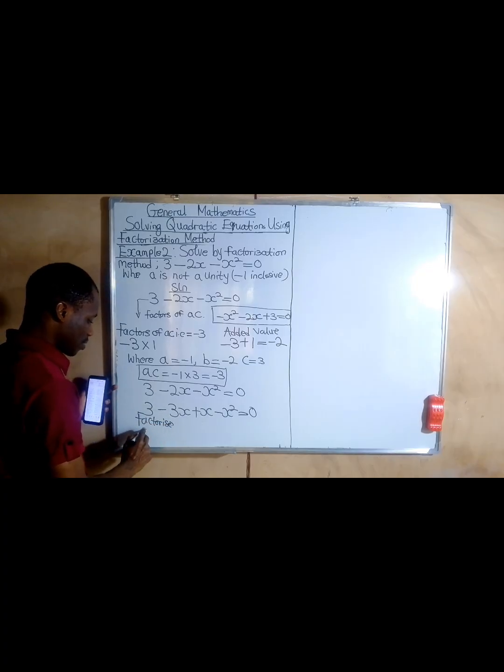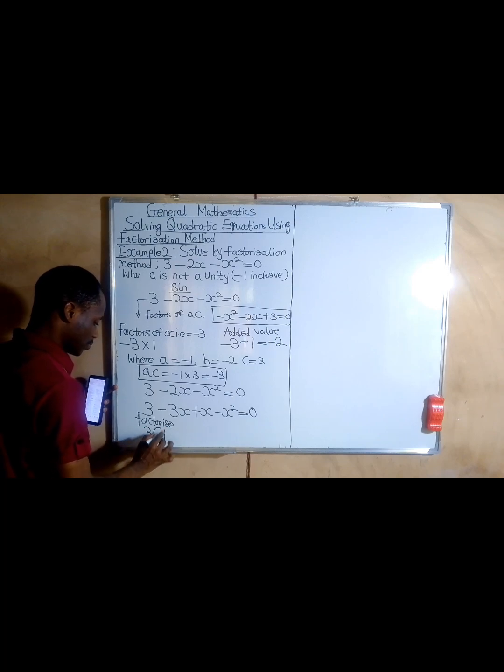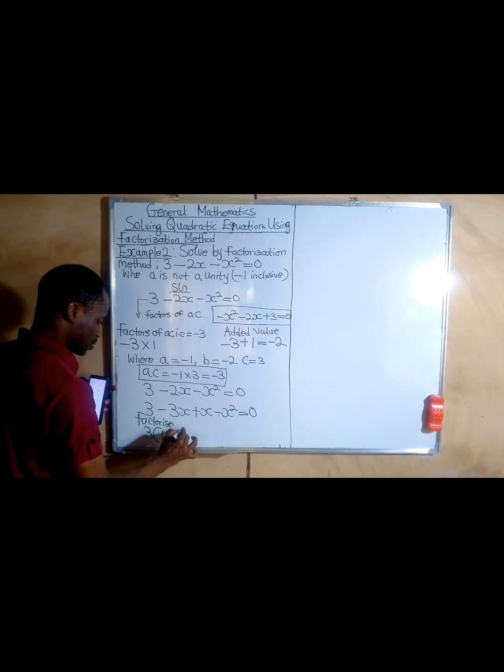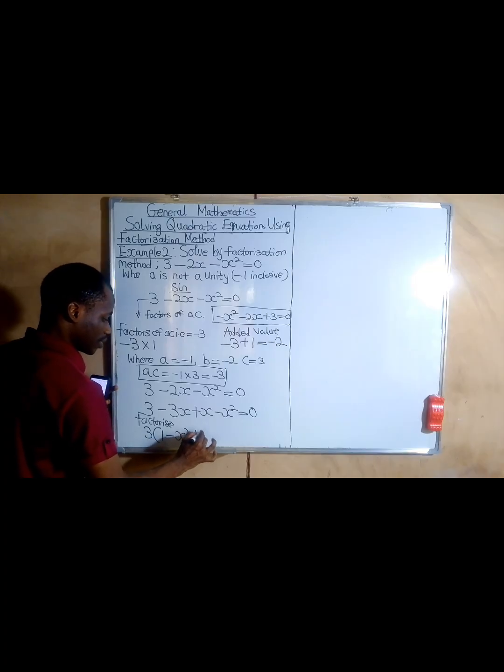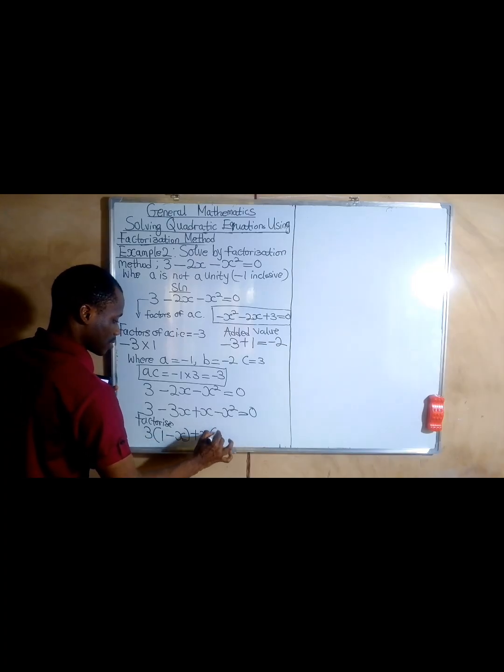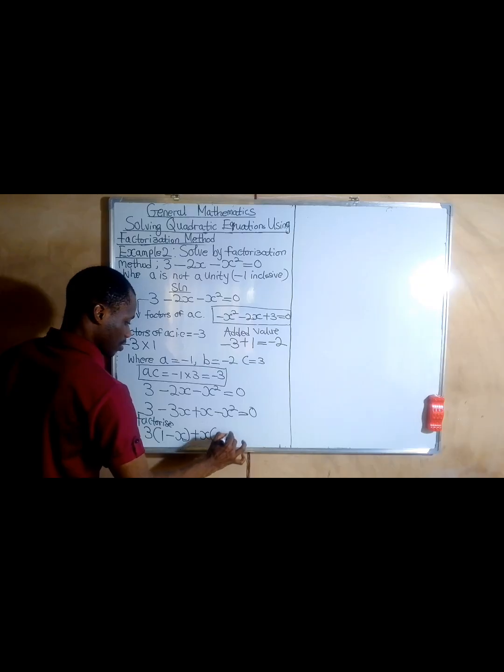The highest common factor is 3. What will be left inside the bracket is 1 minus x, then plus x bracket 1 minus x